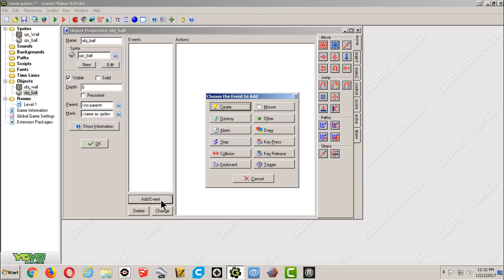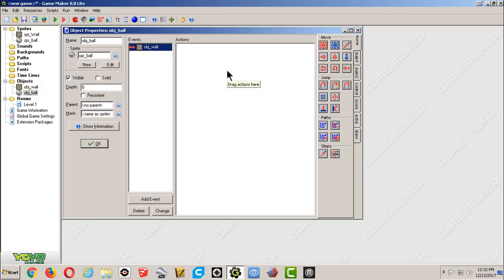So we just said that when the pinball bounces off of the wall, it will move in another direction. So the event, or the cause, would be a collision. And when you press on collision, you get your two objects. And it wants to know, what do you want to program it for? What collision? Well, if we look over here, we're programming the pinball. So if we're programming the pinball, we want to know that when the pinball collides with the wall,